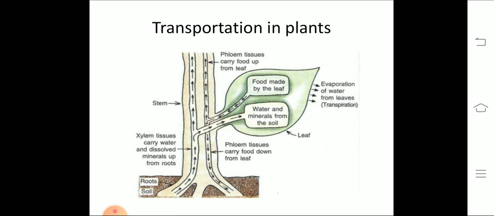So a proper system of transportation is essential in such situations. The energy need of every plant is different. It depends upon their body design. Those which are very big, very large, very huge, have raw materials that have to travel a long distance from the soil to the leaves. So in such cases, a proper system of transportation should be there.